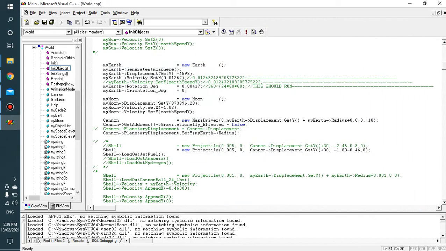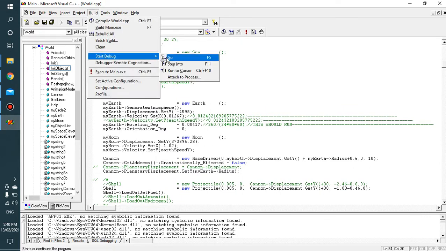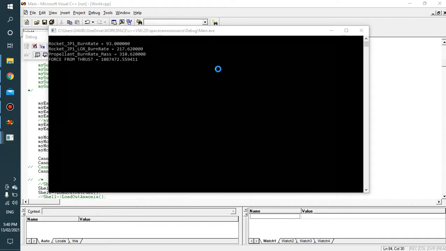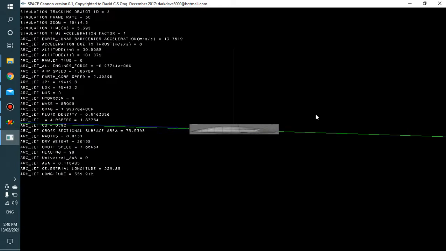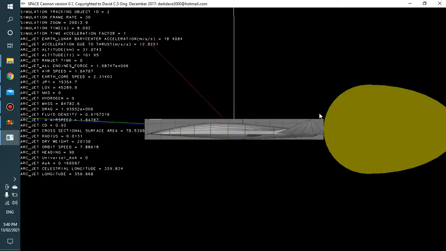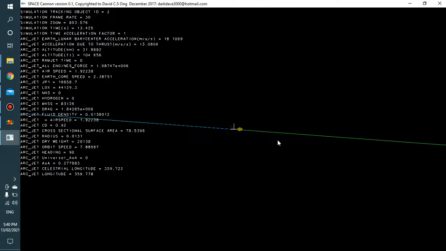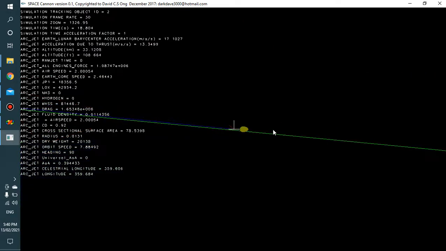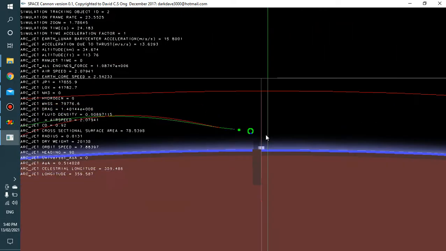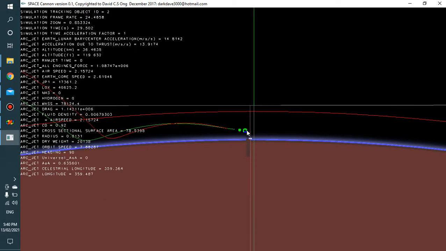Hello all, this is David Ong and I'm about to execute my simulator software to show you a real-time simulation of the Arcjet, the way it was intended to operate. So this is a picture of the Arcjet and it's firing its rocket. I'm just using a picture of the Arcjet instead of a proper model for now. In the future, this software will have the ability to upload full CAD models instead of just having a picture